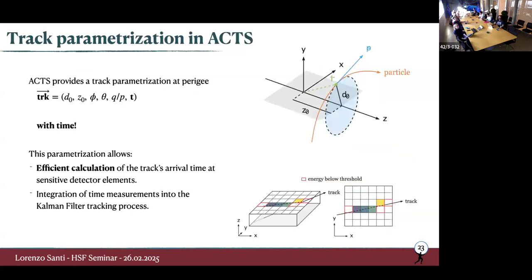So about the track parameterization in ACTS, compared to what I showed before, ACTS provides a complete parameterization of the perigee, including time. This parameterization allows a very efficient calculation of the track's time of arrival at the hit, at the sensor. And this time can be integrated in the measurement into, for example, the Kalman filter tracking